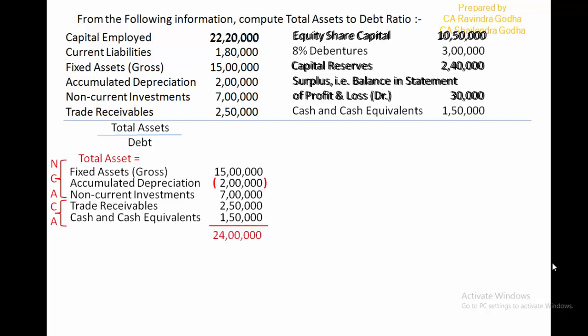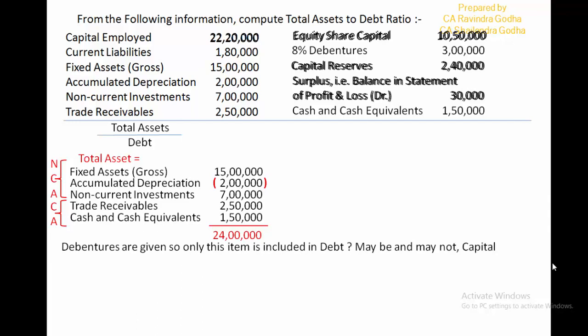Now we calculate debt. For debt, debentures are given of rupees 3 lakh. Is only this item included in debt, or is any one item missing? Debentures are given, so only this item is included in debt, maybe or maybe not. One more thing is given in the question, that is capital employed. It is also given. So first we check whether any content of debt is hiding or not, and for it